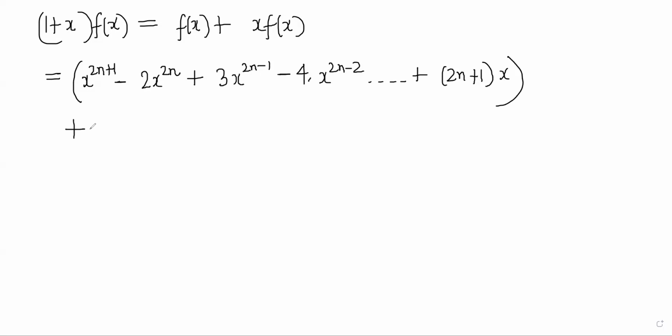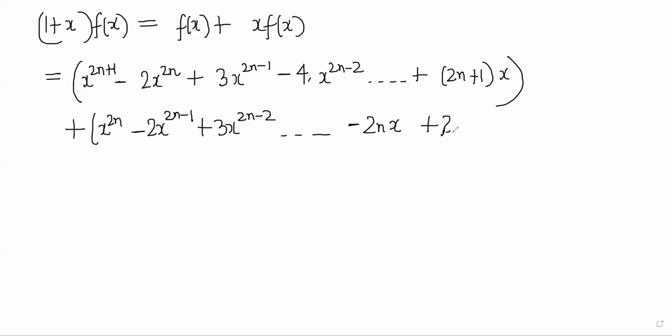And if we add that to f of x, which is x power 2n minus 2x power 2n minus 1 plus 3x power 2n minus 2 and so on minus 2n x plus 2n plus 1,